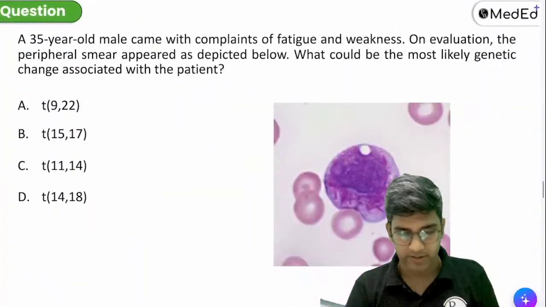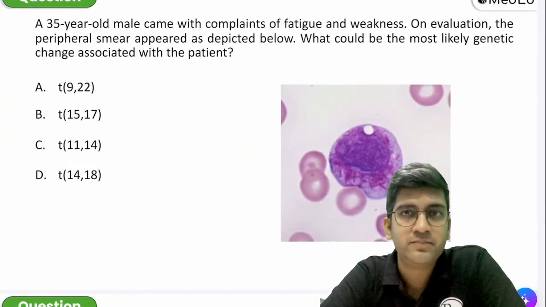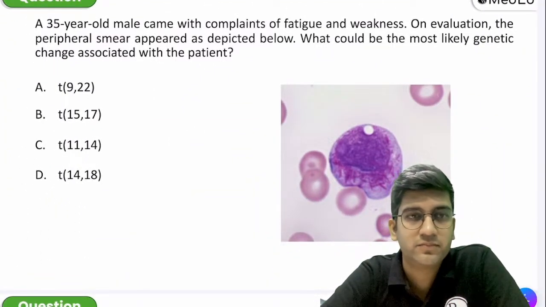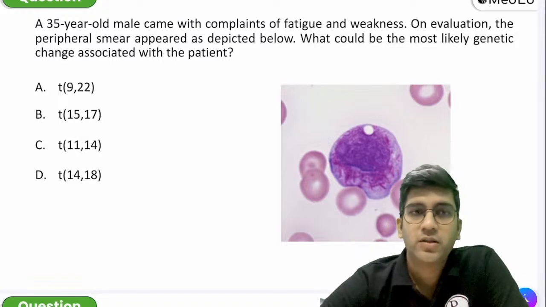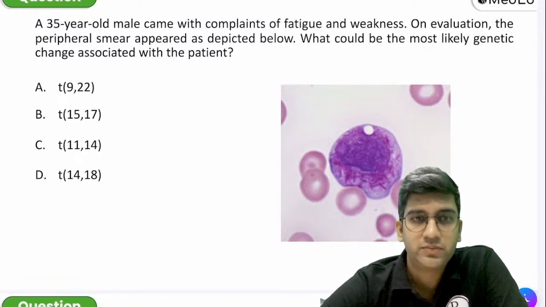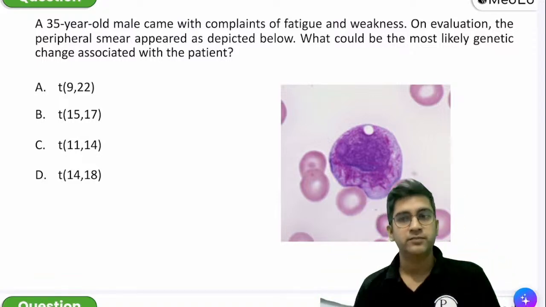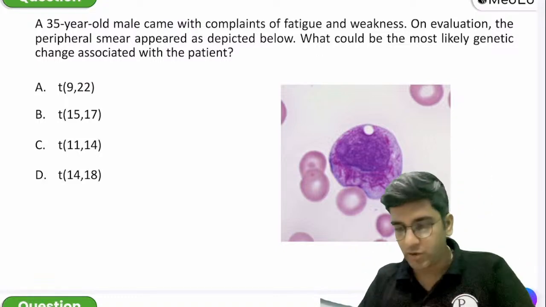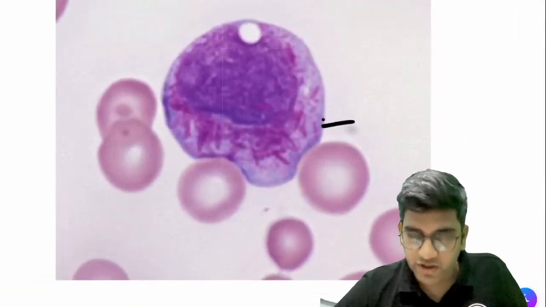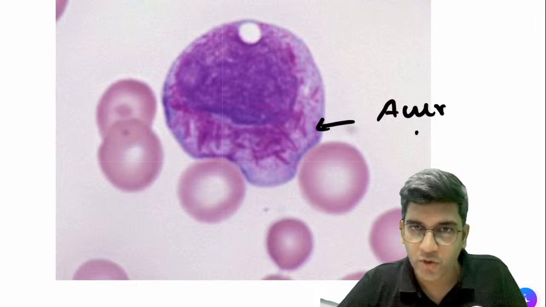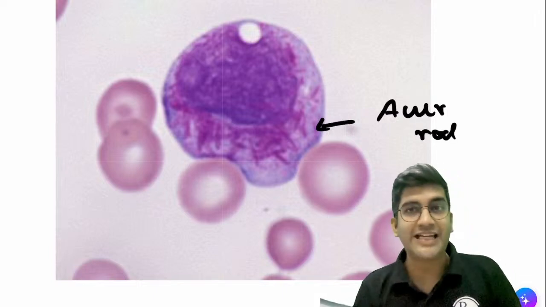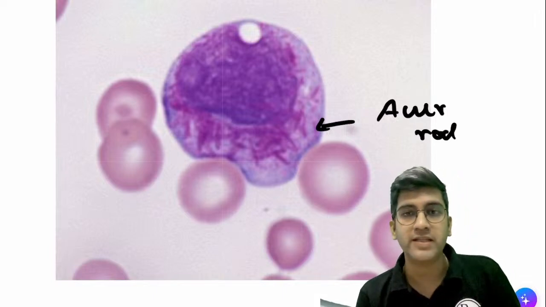Okay. Next. It's a very simple question. What's the answer? Okay, now let's look at this. What's the structure? That's a classical Auer rod, right? It's a very classical Auer rod. Auer rod means I'm going to think of